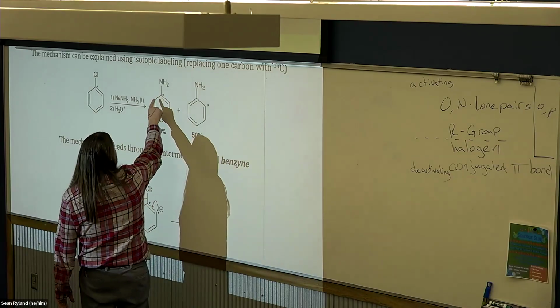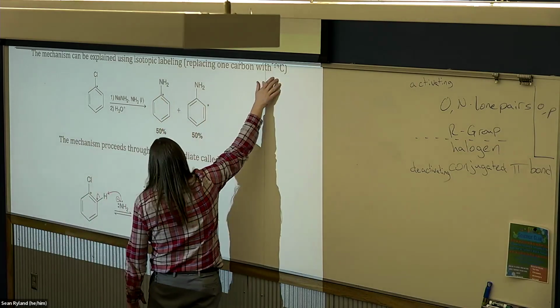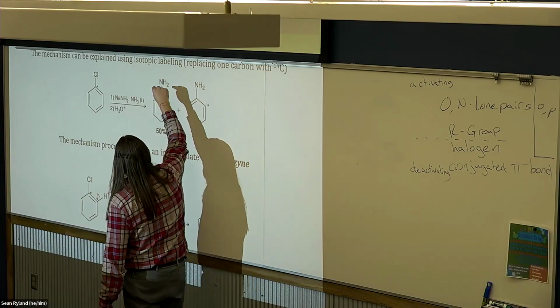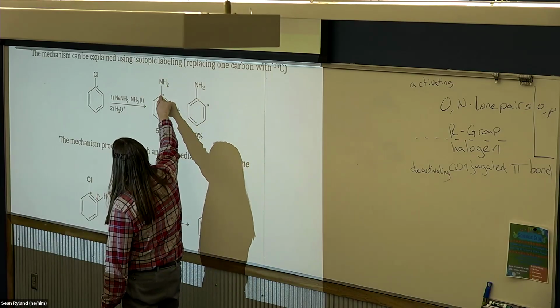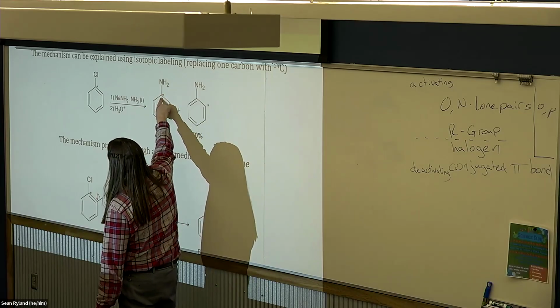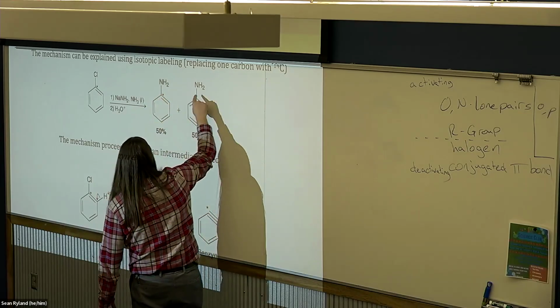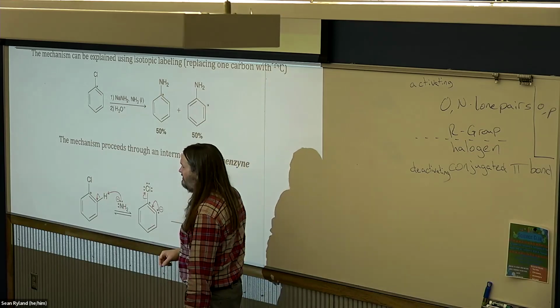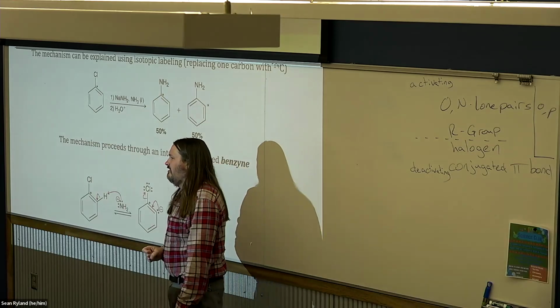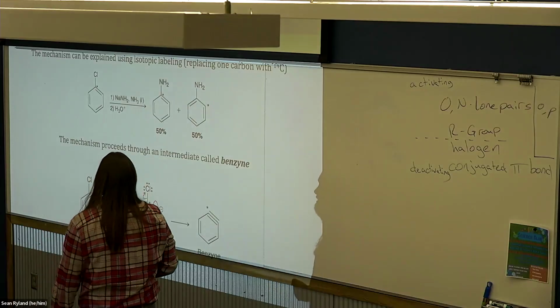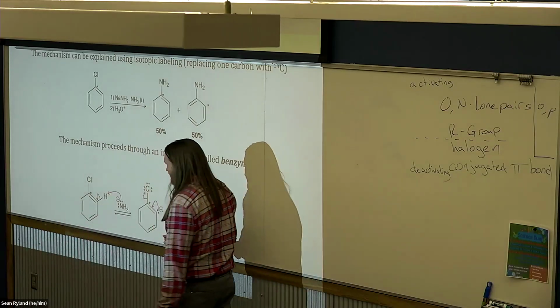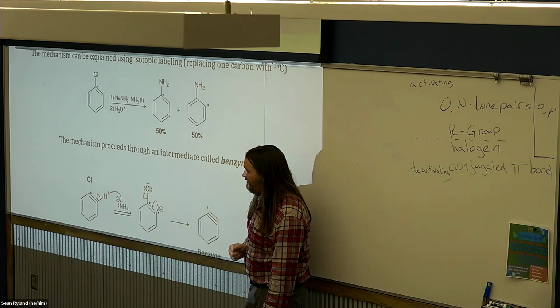The important part here is not which isotope we're using. It's that we could tell that our new nucleophile is getting added 50% of the time to the carbon that had the chlorine attached, and 50% of the time it's getting added to one of the adjacent carbons, which is weird. Yeah. So our best explanation for how this happens, the one that fits all the data, is